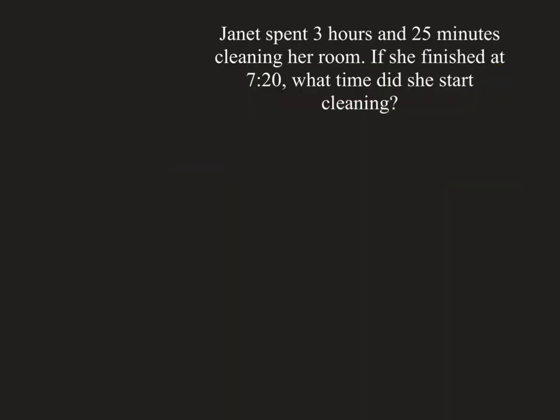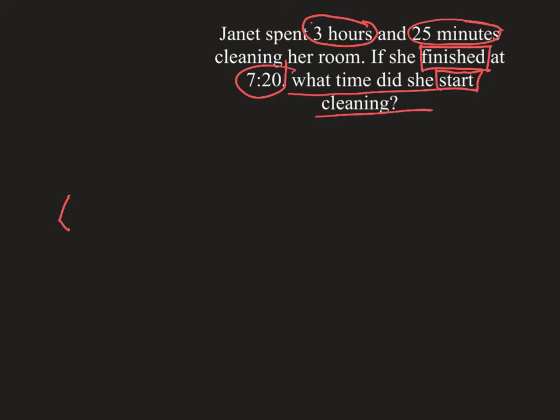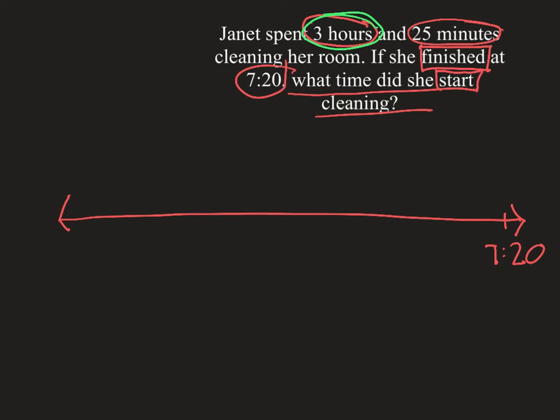This last one's a little bit more tricky. It says Janet spent 3 hours and 25 minutes cleaning her room. If she finished at 7:20, what time did she start cleaning? So it gave us an ending time of 7:20. So I'm going to draw my line, and it's going to end at 7:20. Now, I'm going to address my hours first, and I have 3 of them, so I'm going to make 3